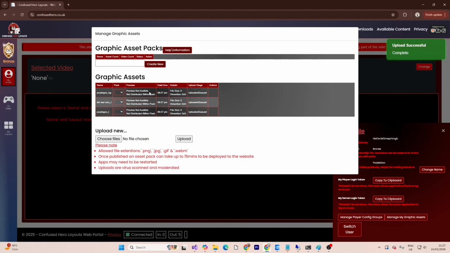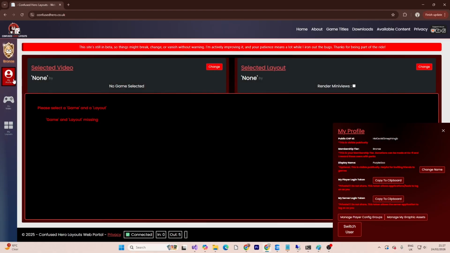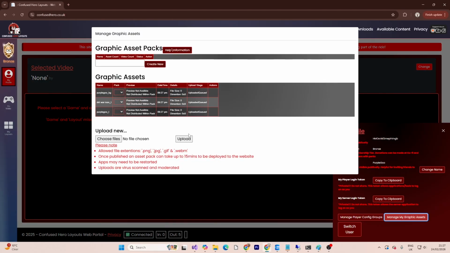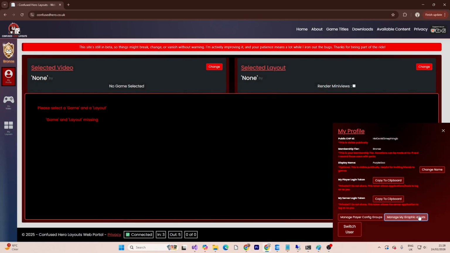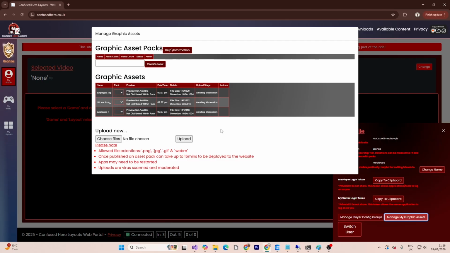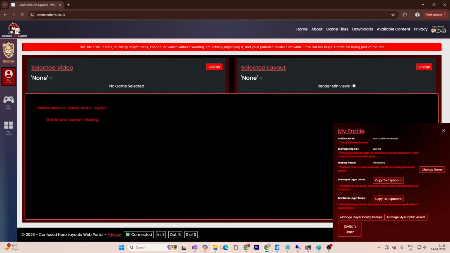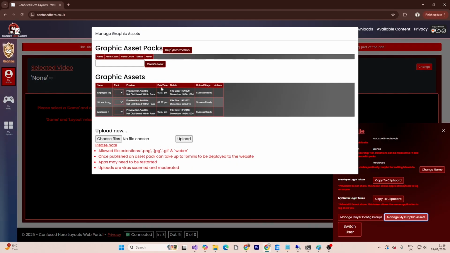Now they'll probably sit at this queued stage for a little while. It does take a little while for newly created graphics to be checked by the system. They get virus scanned and moderated and all of that. So before you can use new graphics, you might need to wait a little while before they're actually available. Excellent. We're now at the waiting moderation stage. Wonderful. And once they've been virus scanned and moderated, you should see the status of the image change to success